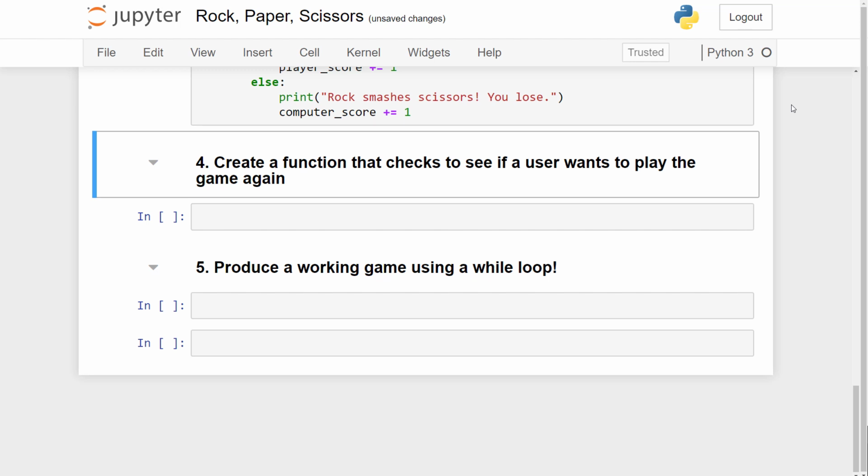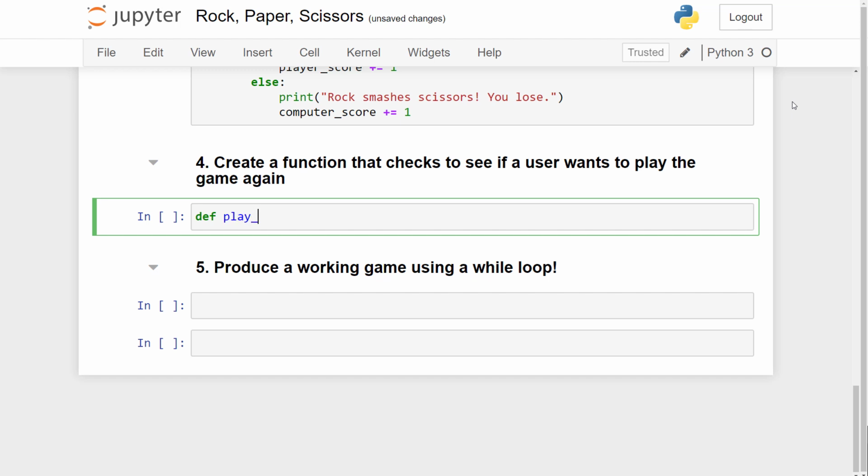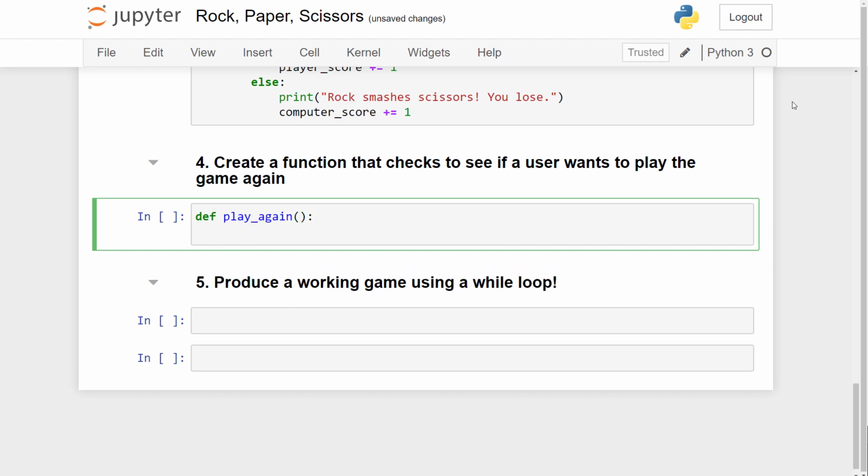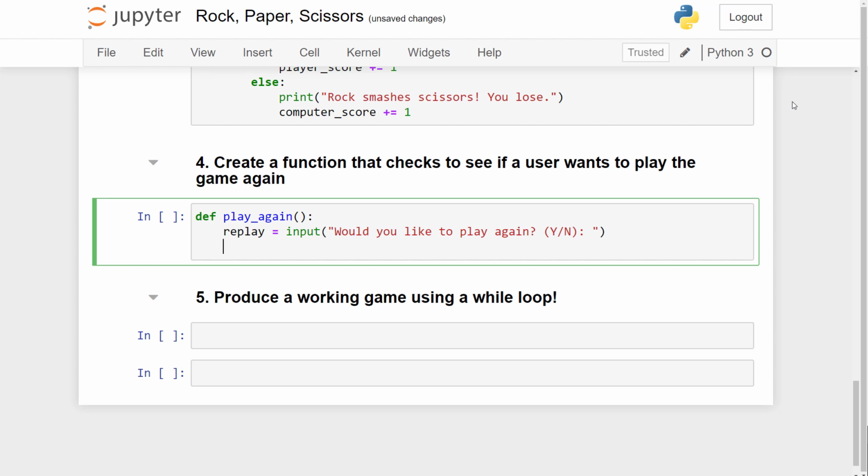Okay, so moving on to the fourth task, we need to create a function that checks to see if the user wants to play the game again. And we've seen this before, so we can quickly go through this with hopefully very little issues. So we'll create a function called play_again, and then we're going to set a variable called replay and have this set equal to the function input with the message, "Would you like to play again?" With some guidance that we want to either receive a Y or an N, so we'll put brackets Y/N and then a colon. We then need to check what they've put in, so we'll go if